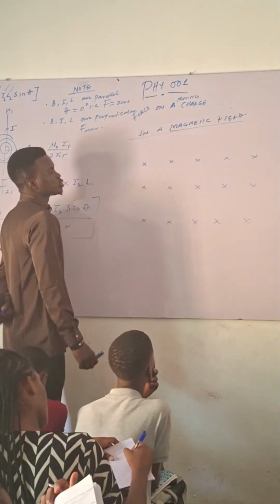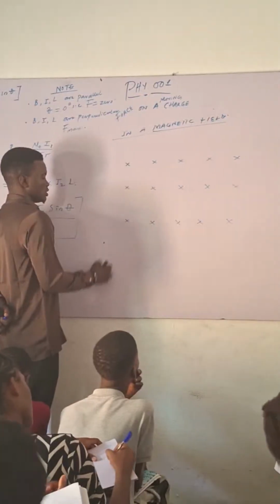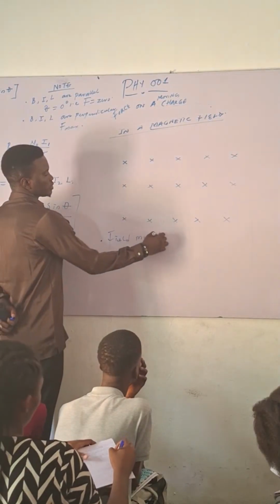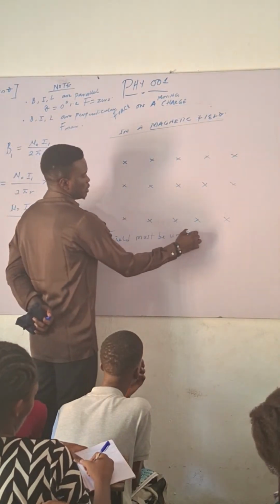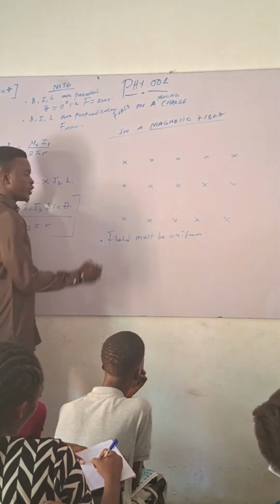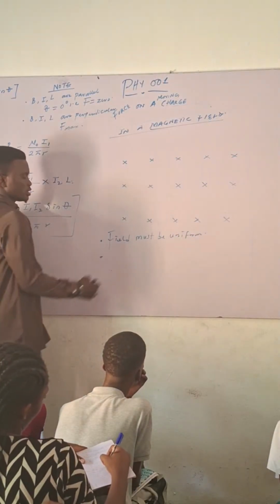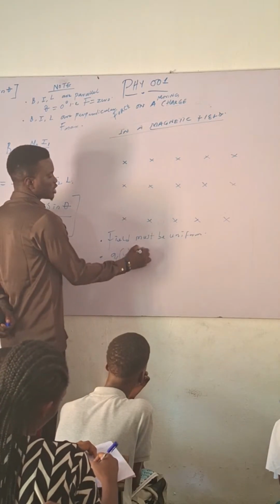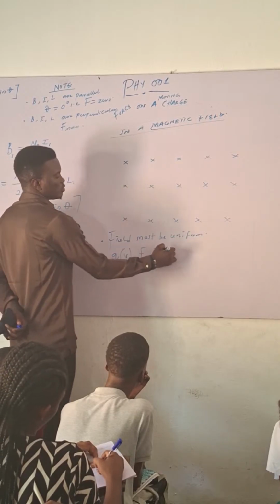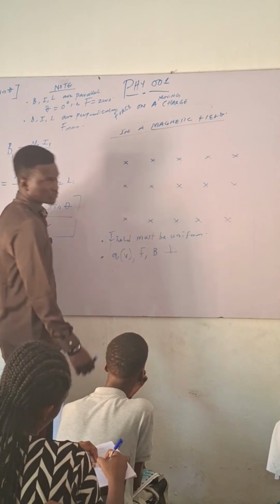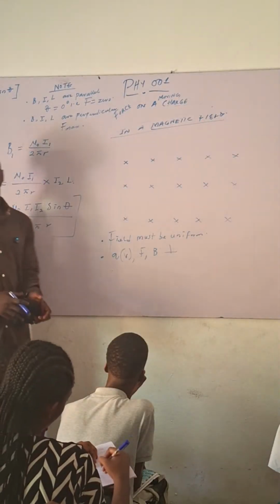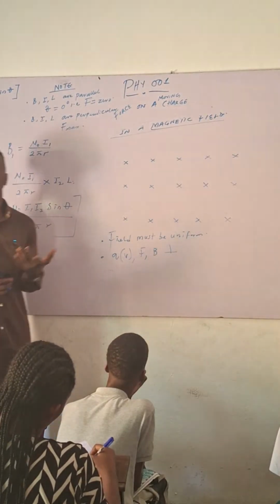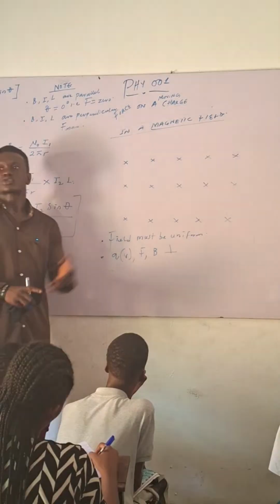So there are conditions to this. The field must be uniform, and the charge or the velocity, the force and the field must also be perpendicular. The field has to be uniform, and the charge, the velocity, and the force should also be perpendicular. So,